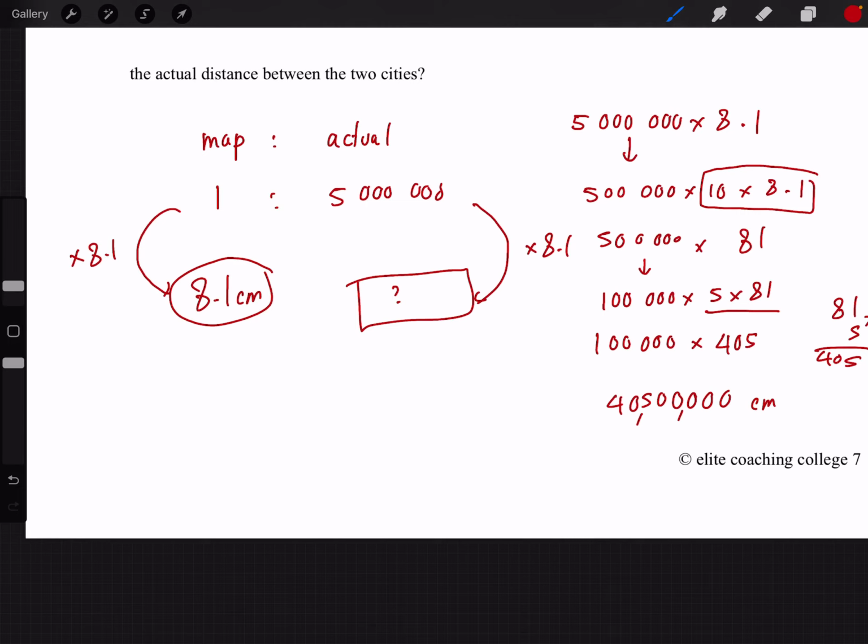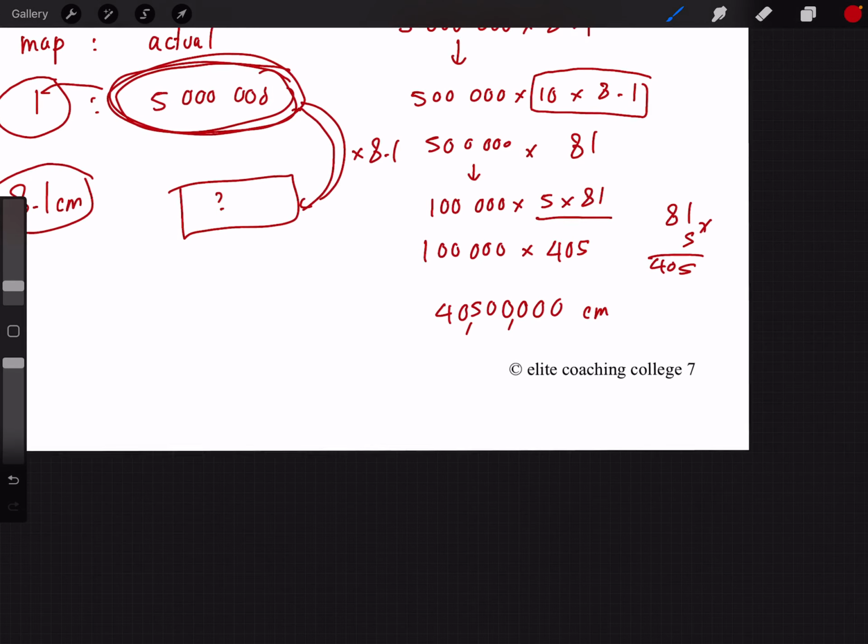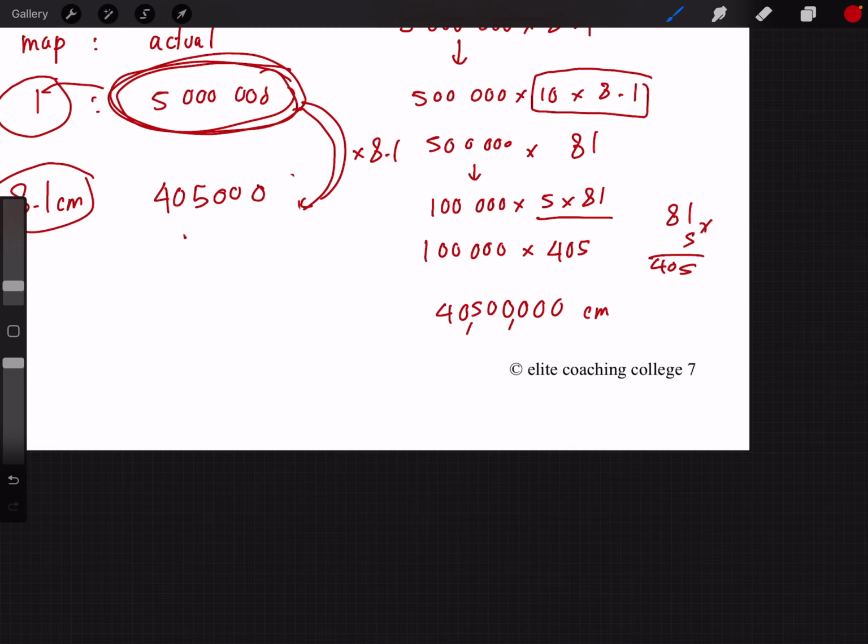So you multiply it, the actual distance, because this is 1 to 5 million, which means that this amount is 5 million times larger than that amount. Okay, so I'll just put this number here, 40,500,000